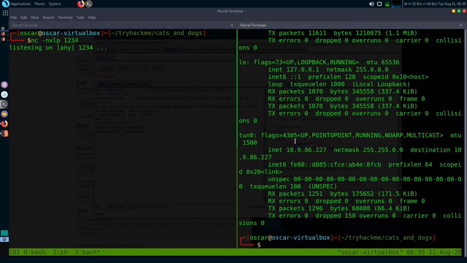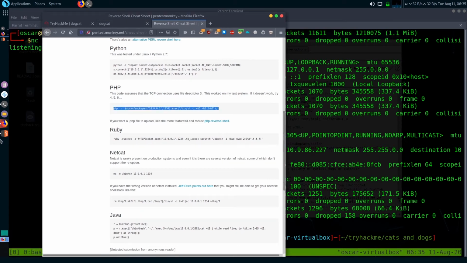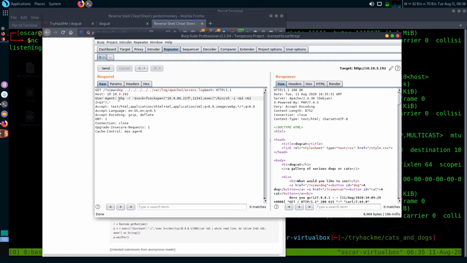Okay, now let's try a simple PHP backdoor. I'm going to code the backdoor myself. If you search in usr share webshells php and php simple backdoor, you can just get it there also. So I'm going to type the backdoor myself. To do that, in this user agent part, I'm going to write a simple PHP script. So angle bracket and then question mark php